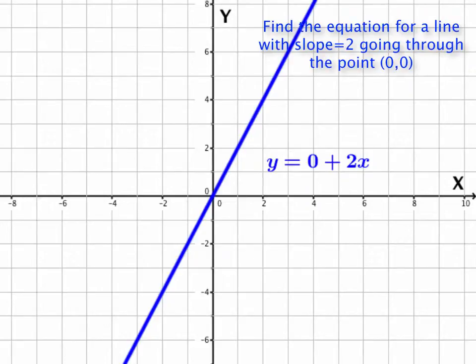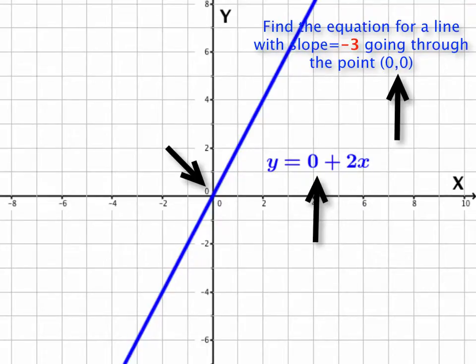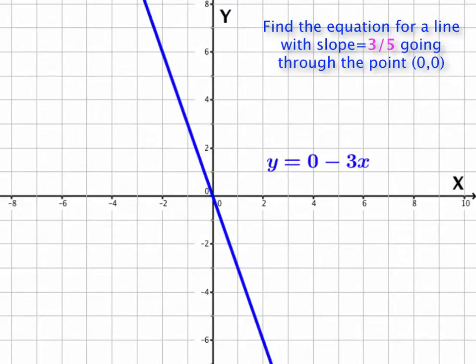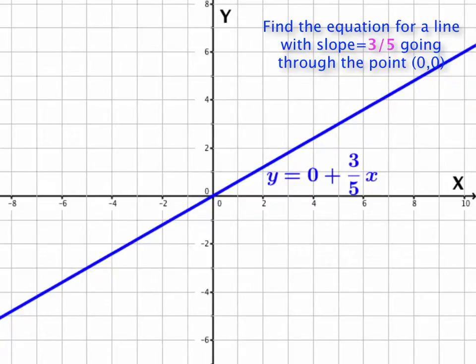And here's what the graph will look like. All right, what if we wanted to have a line whose slope was negative 3, but still had the same y-intercept? I think the only difference in the equation would be that we have y equals 0 minus 3x, or just y equals negative 3x. Not so bad, and perhaps we see a trend developing. What if we wanted the slope to be 3/5, still containing the point (0, 0)? Well, I think the equation in that case would be y equals 0 plus 3/5 x, or just y equals